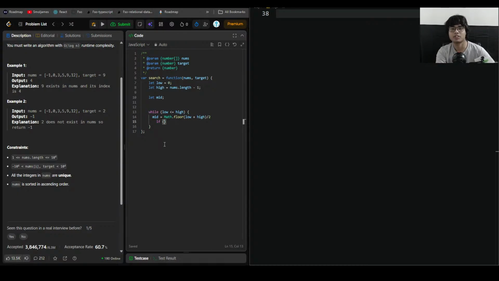First condition I gotta check. If target is lower or equal, if